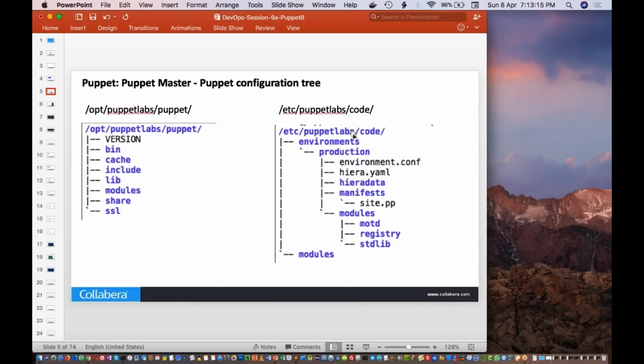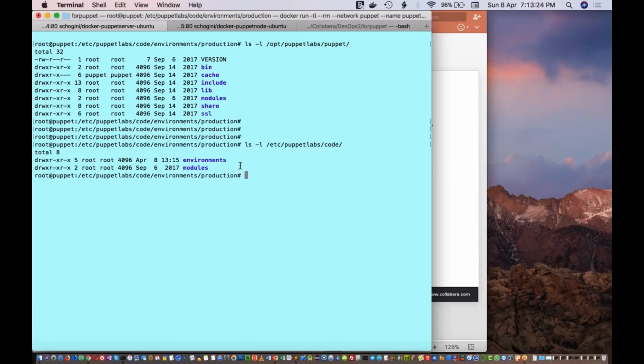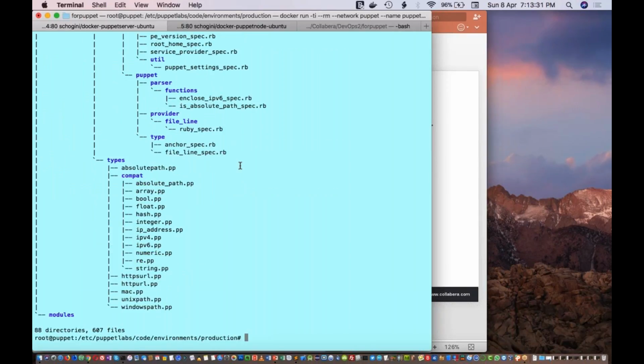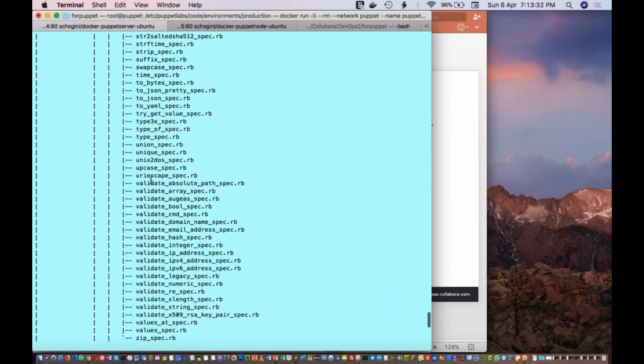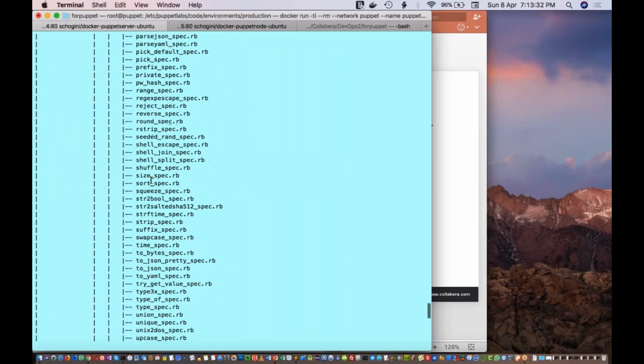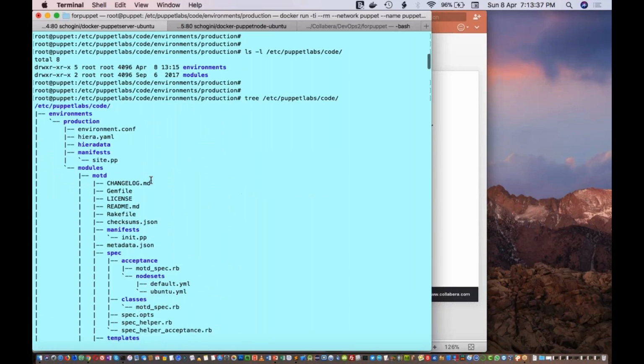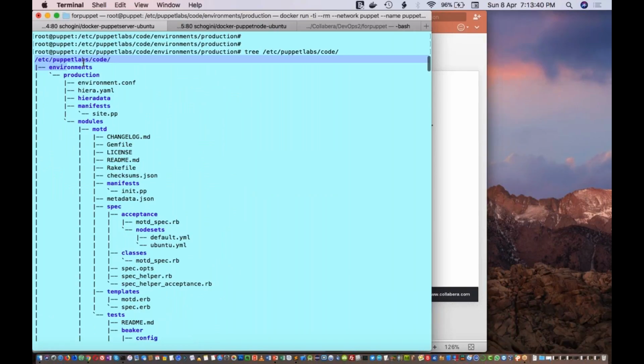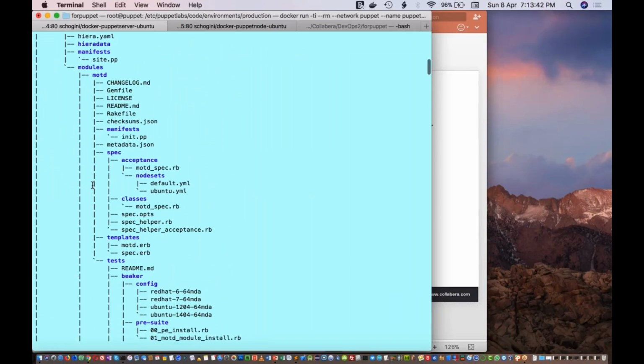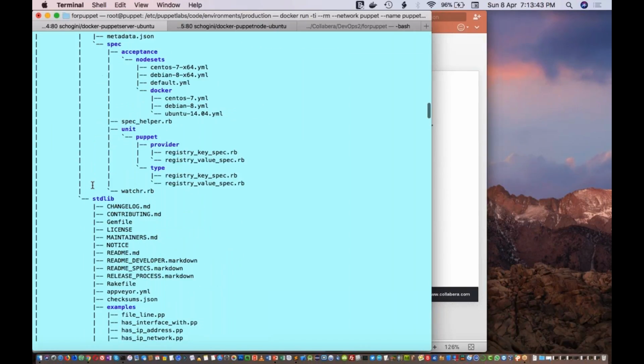As I mentioned, this is the default location where all the configuration information will be stored. So this is where you will be working. This is the environments folder, and inside that you can create different environments. If you run tree on that particular folder, you will see a lot of items there. But we'll be working on this code folder. This is showing up because I have copied some default items inside that one.